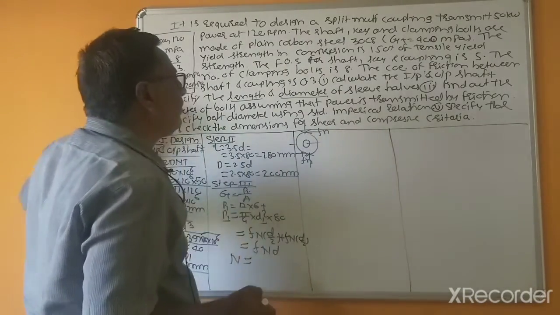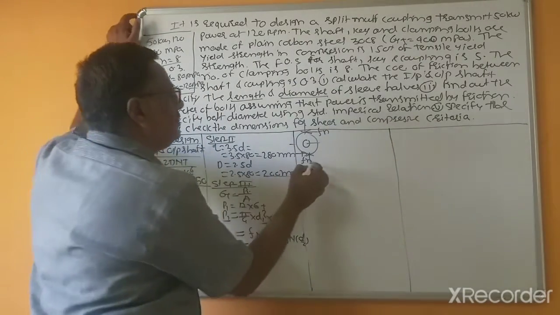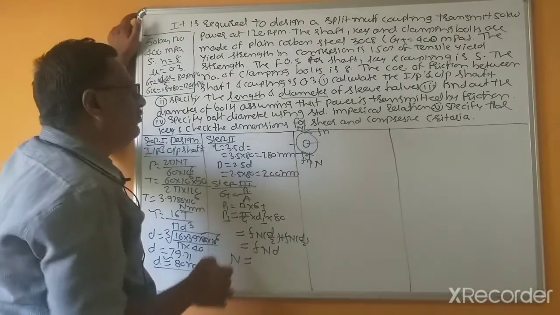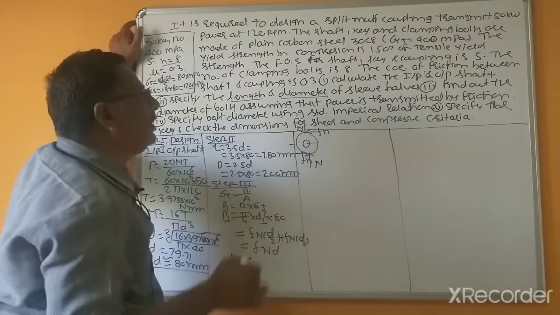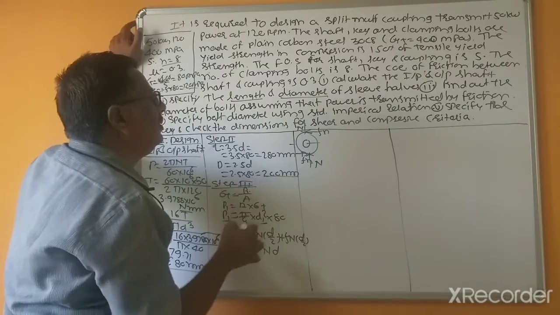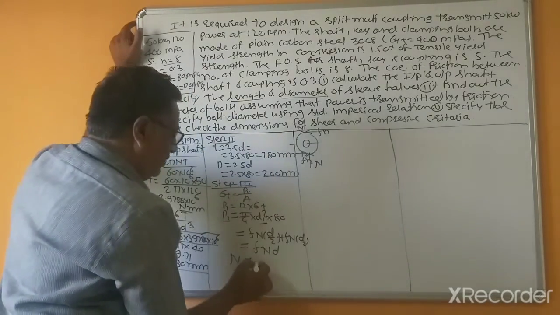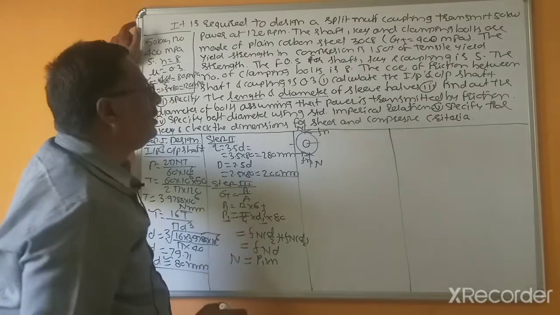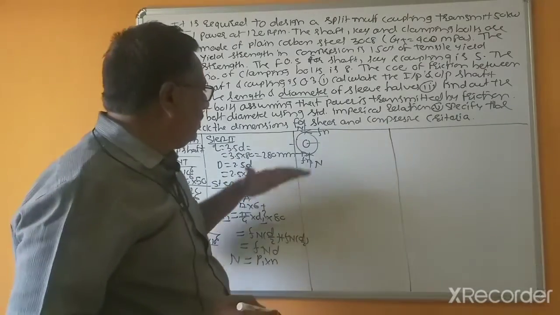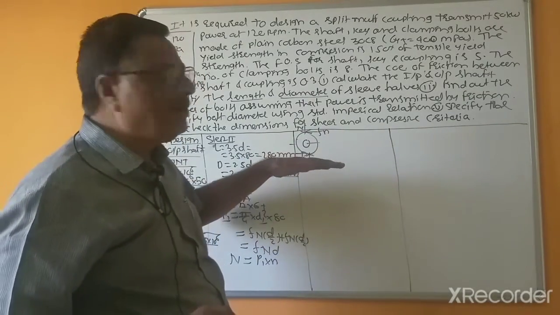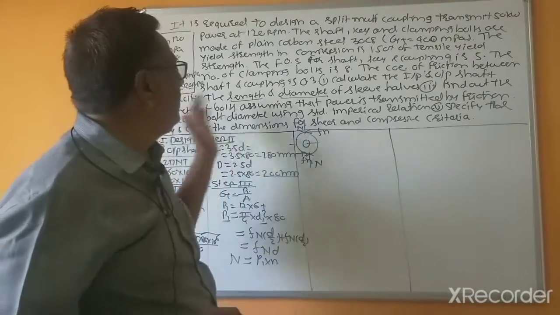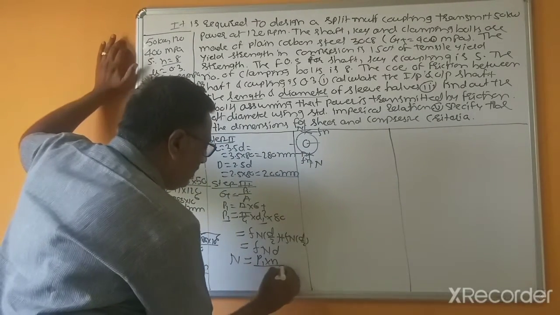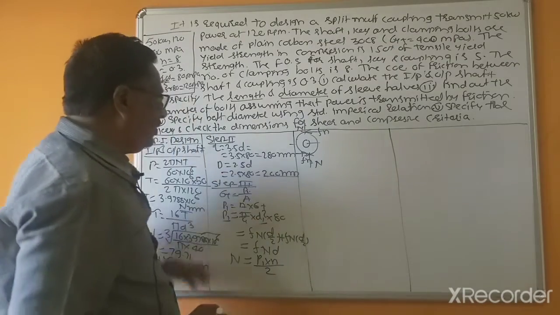So that's why this is N, the normal force Fn. So N equal to, what is the formula? Force acting on each bolt. So that's why P1 into N, and into 2, because 50% of the bolts are shared by the input shaft and input coupling and 50% by the output coupling. So that's why divided by 2.